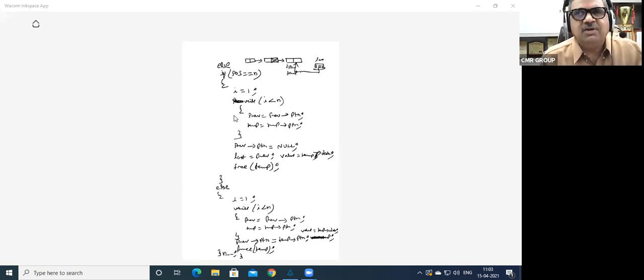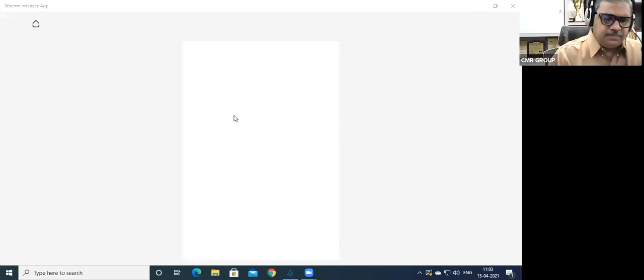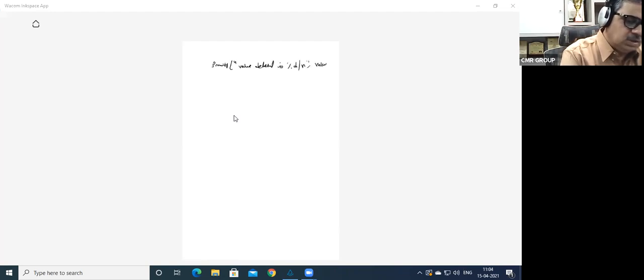Before closing the while loop, there is one more step which is required. Printf, the deleted value is, I want to write. I have not closed the while there. So I'll say printf value deleted is percent d slash n. What is this? I've stored it in value. N minus minus has been done, and then close the while loop.